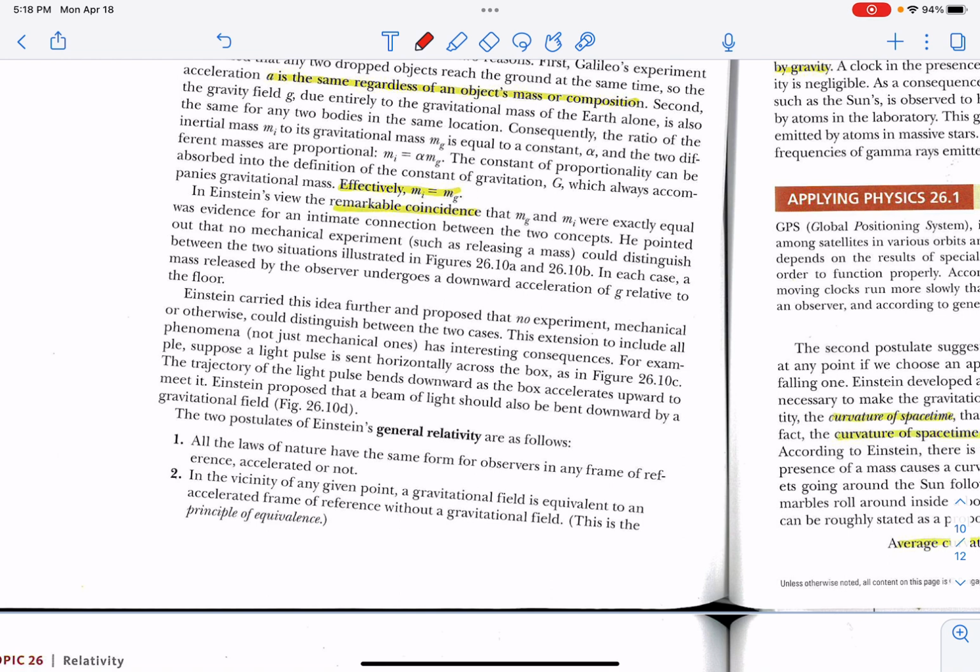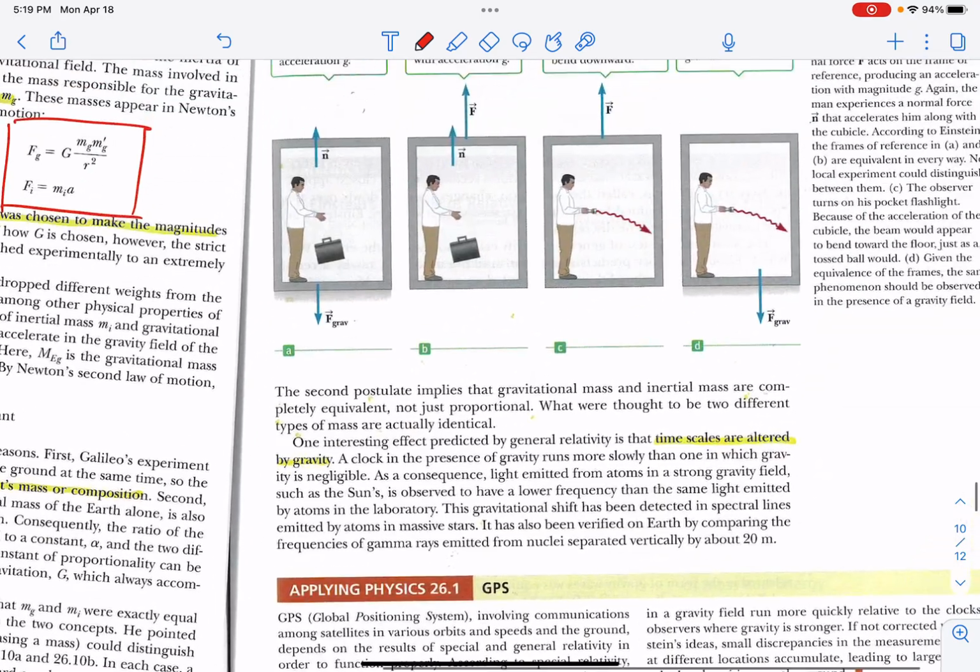So when we think about general relativity, we've got these ideas. All the laws of nature have the same form for observers in any frame of reference. It doesn't even matter if it's accelerated or not. Before, it didn't matter if it was moving at a great speed or not. Now it doesn't even matter if it's accelerated or not. And this gravitational field